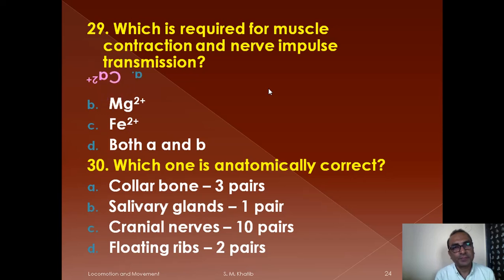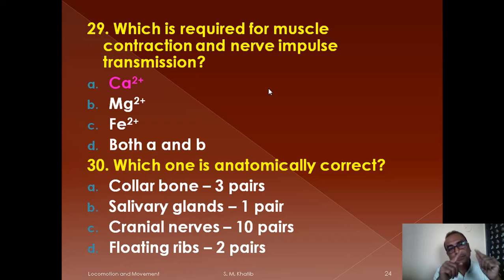calcium ions. Why? Calcium ions are needed for muscle contraction, we know. Released by the sarcoplasmic reticulum, they play a very important role in pushing away the tropomyosin and the troponin molecules so that the active sites are opened up on the actin for attachment of the myosin. Okay. Similarly, in transmission of the nerve impulses, calcium ions play a very important role because in the